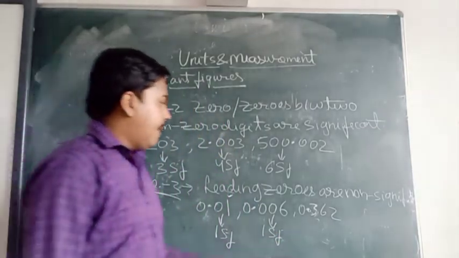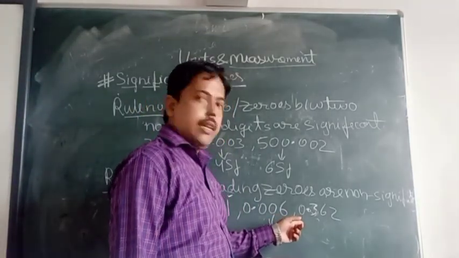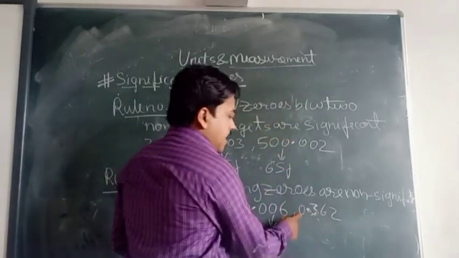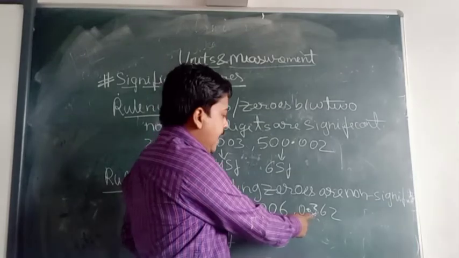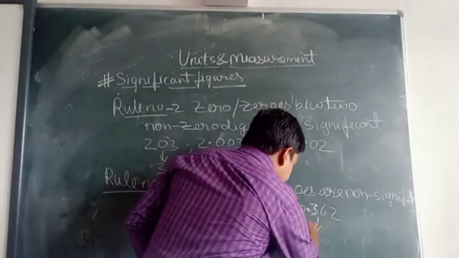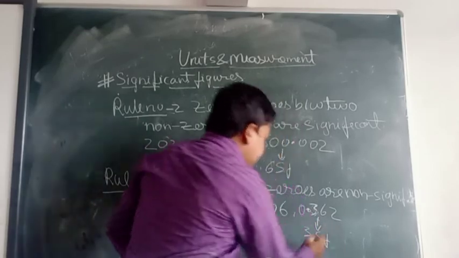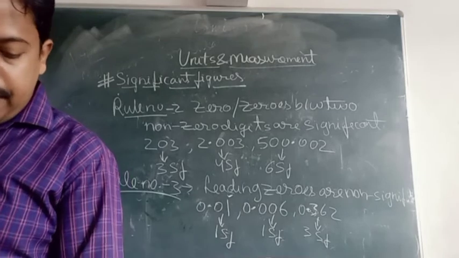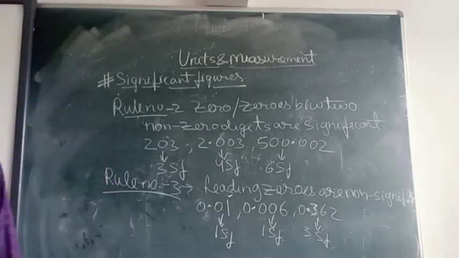And here in this case also, how many significant figures are here? There are 3 significant figures. That is, this 0 will not be included, and 1, 2, okay. So 3 significant figures. So these are some rules which a person should know to calculate the significant figures regarding any expression which has been given to him.